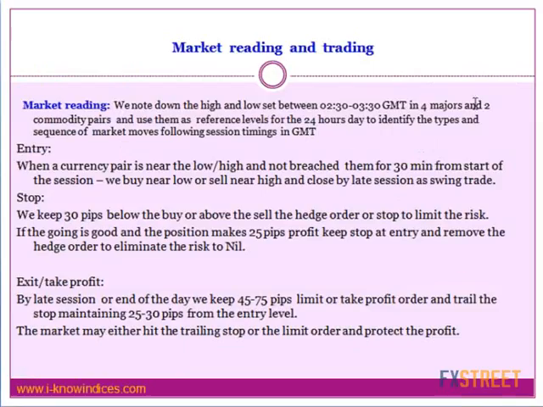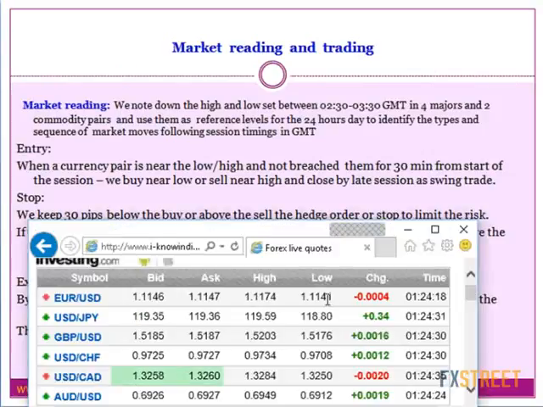As far as the trading strategy is concerned, note down the initial lows and the highs. When the spread becomes more than 40 pips by 3:30 GMT, you try to understand if the market is near the high during the early or the late session, you take a sell position. If the market is near the low during the early or the late session, you try to take a buy. Keep the hedge order to limit the risk, and close it by the end of the session or the next session. That way, you can do the swing trades